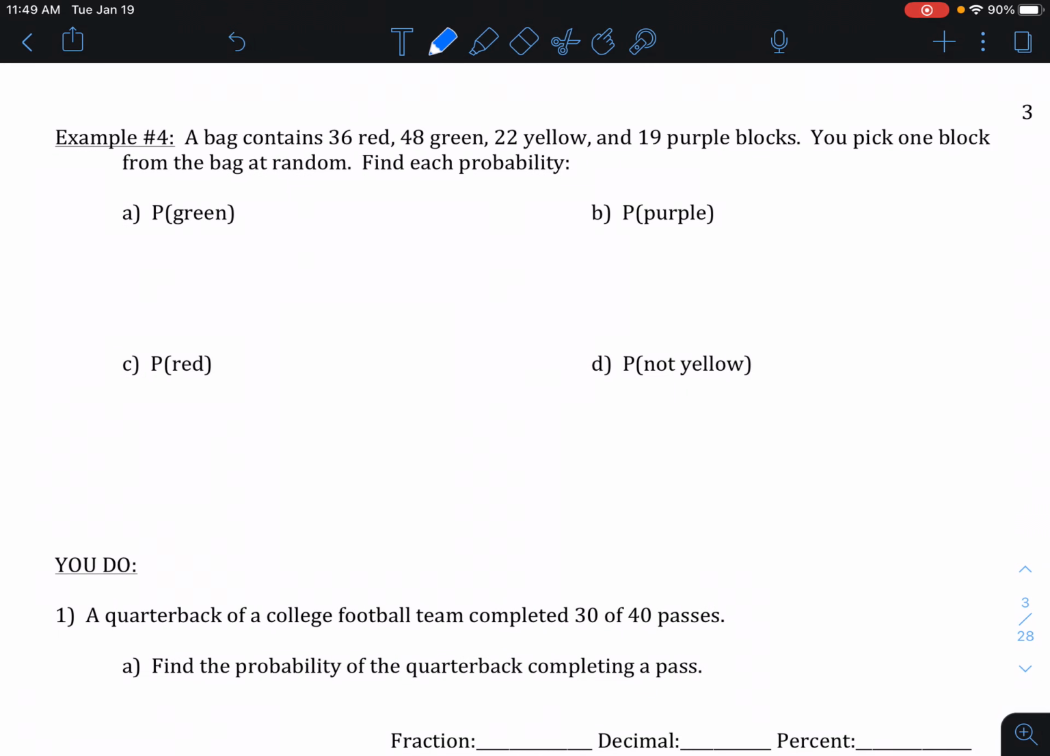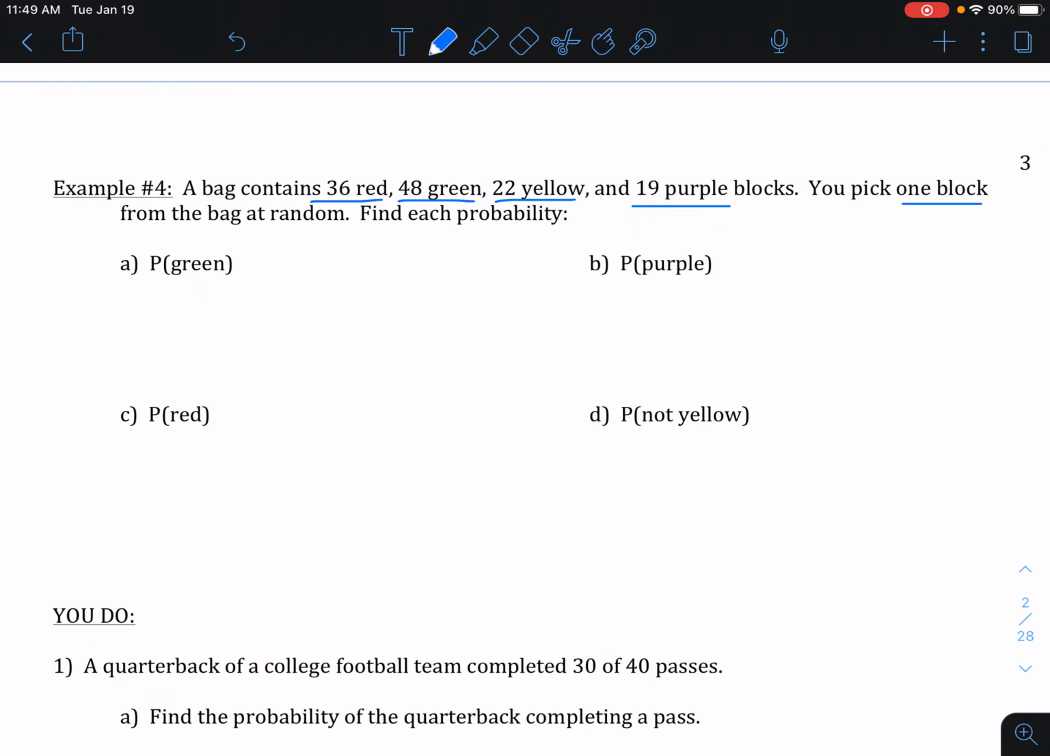Example 4, a bag contains 36 red, 48 green, 22 yellow, and 19 purple blocks. You pick one block from the bag at random, find each probability. Okay, so what we want to do here is add up. We need to find a denominator to figure out how many blocks we have total. So that would be